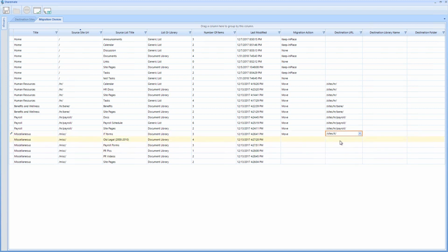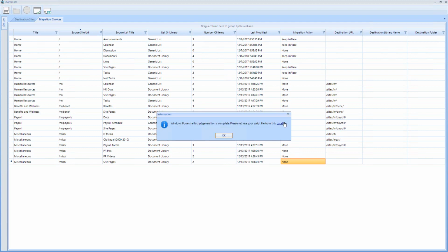Since I created the IT site collection and I want to move everything from miscellaneous to different sites, I'm going to move this to legal, payroll, move this to payroll. Then I'm going to choose not to keep any of these. Alright, save, validate, successful, generate the script,